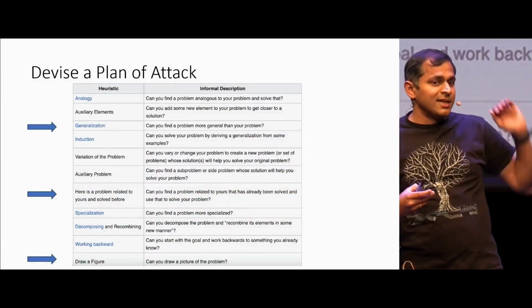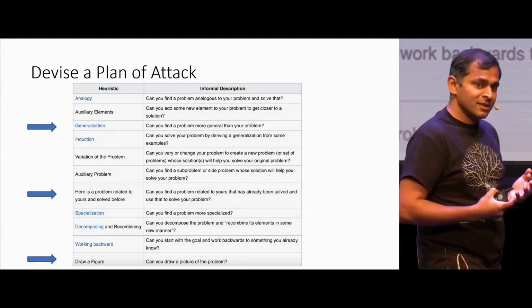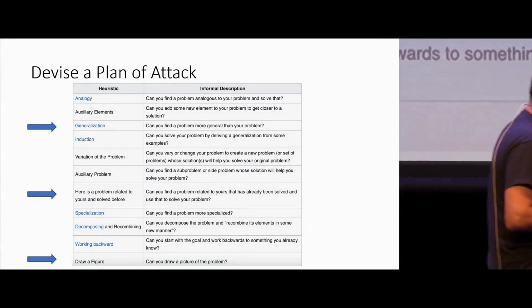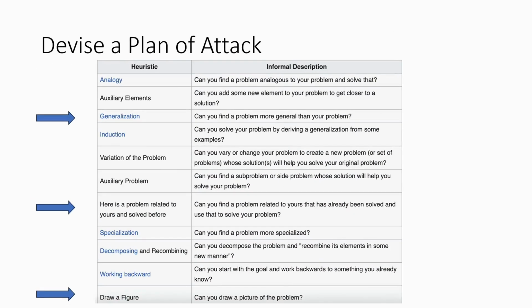There are only a few standard meta heuristics to solve problems. And this is, again, from the book: can you solve a general version of this problem? Can you solve a simple version of this problem? Have you seen this problem before? Have you seen a similar version of this problem in some other context? Can you break it down, decompose and solve this problem? Can you break it down into smaller chunks where you make simplifying assumptions, solve it, and then revisit the simplifying assumption? But if you think about it, most interesting research or most interesting papers will have this template, will follow one of these problem-solving strategies.